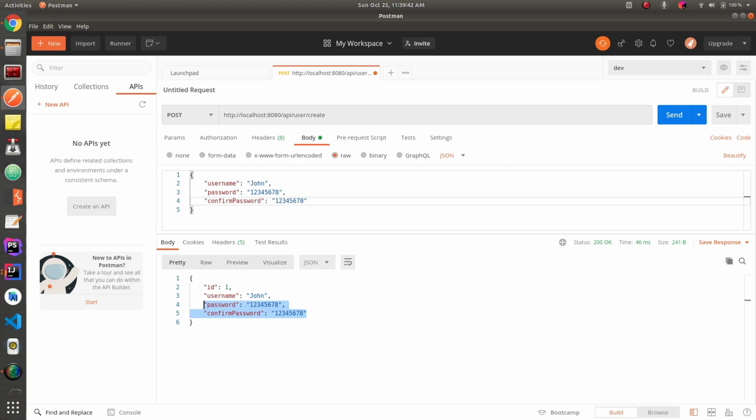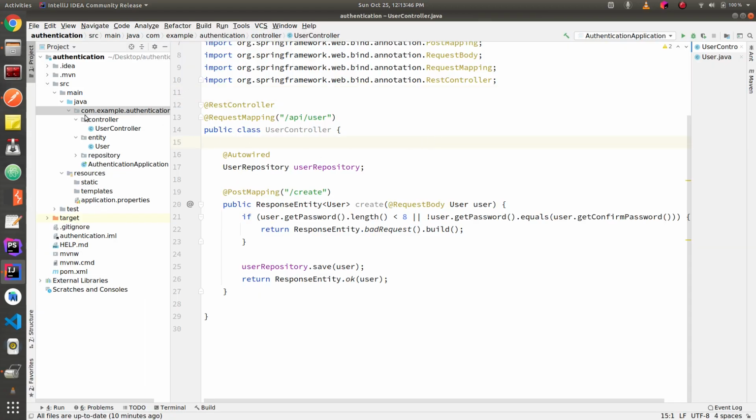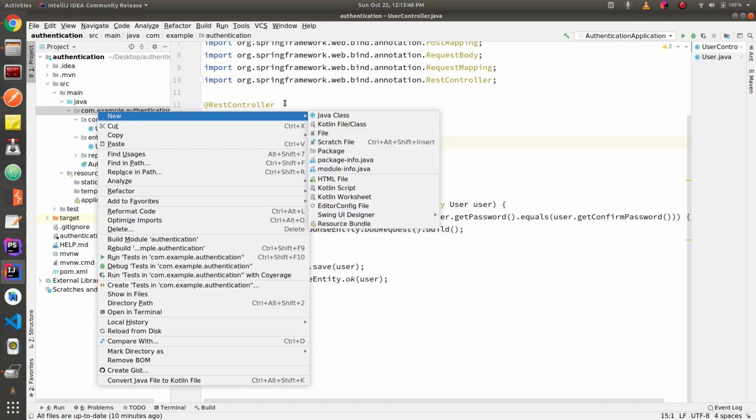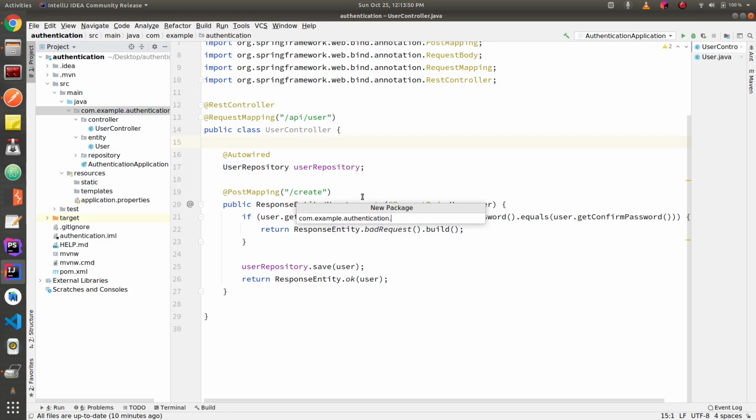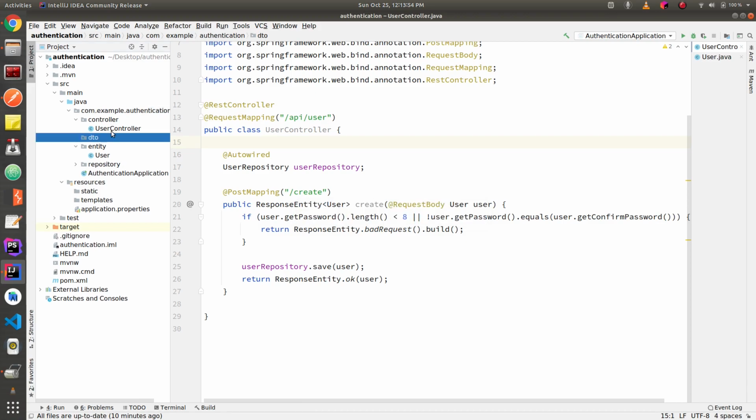So we'll go back to our code. Let's create a package for our DTO, and we'll create a UserDTO class.